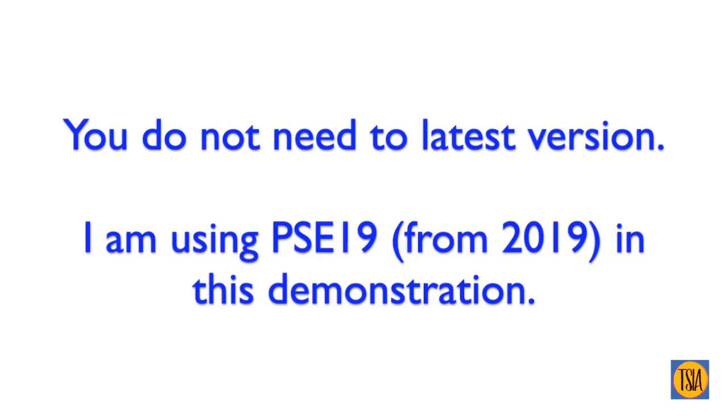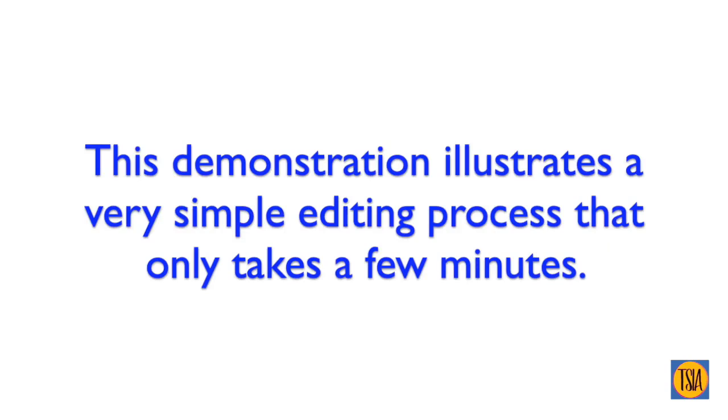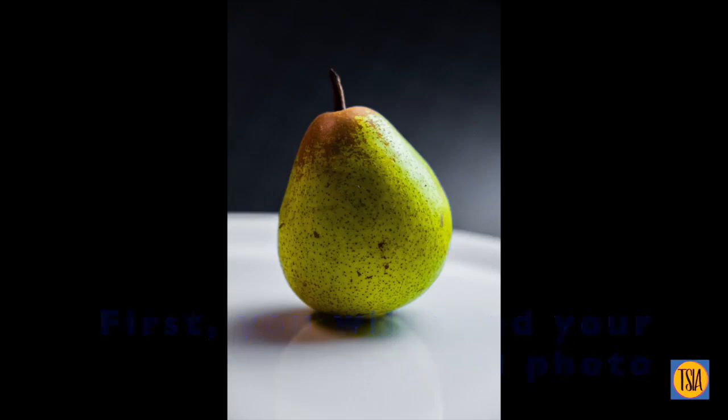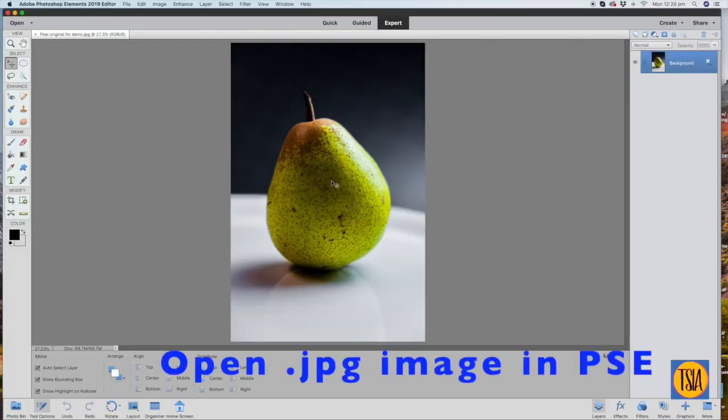And there's one more thing to note, is that you don't need to be using the latest version if you're using the downloadable version. I'm using the 2019 edition. This demonstration illustrates a simple editing process that only takes you a few minutes. To begin, of course, you need your original photo, which you then open up in Photoshop Elements as a JPEG